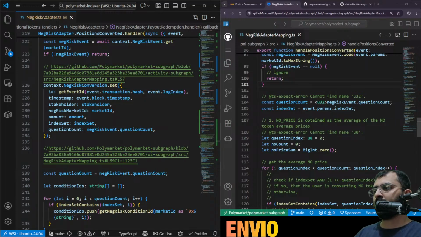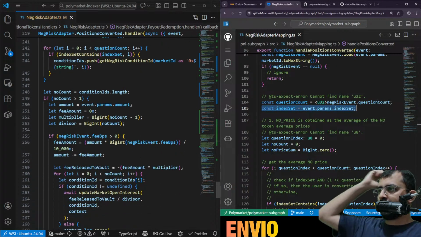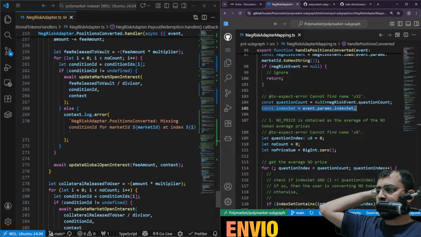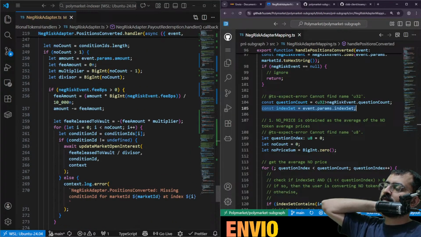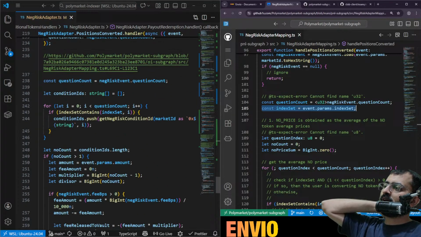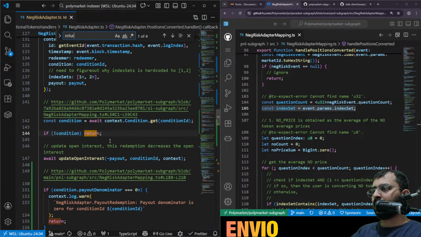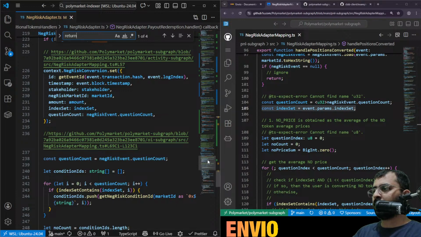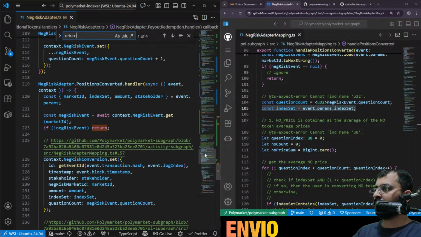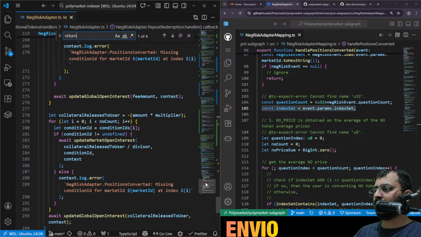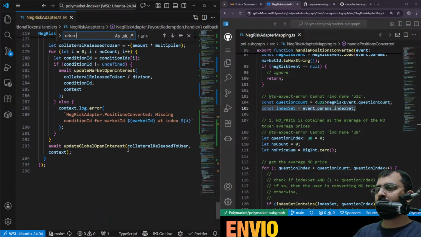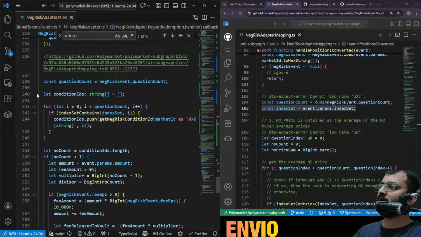We get question count. I just want to check, are we returning anywhere inside this? If we are, that's not a good idea. Okay, we are not. Let's see, return and go at the bottom. Yes, position converted we are doing at the top. That's fine. Is there any? No, there isn't anything here. So what we can do is